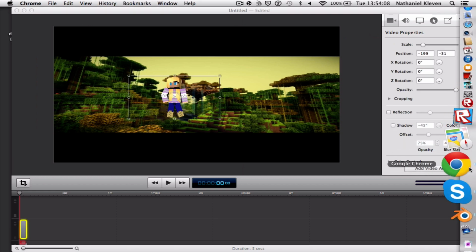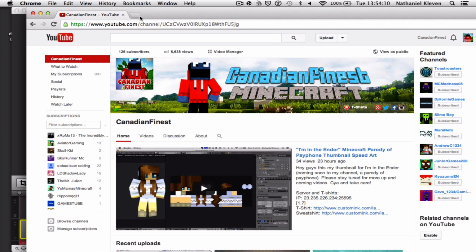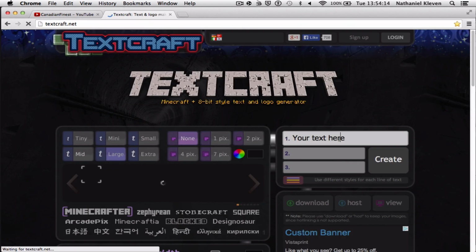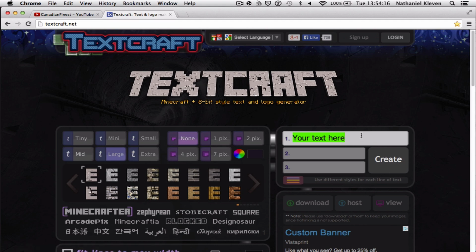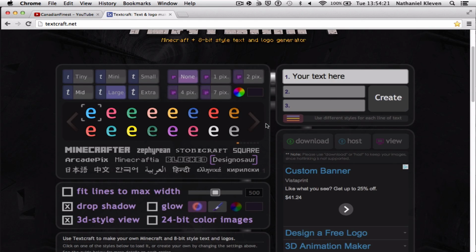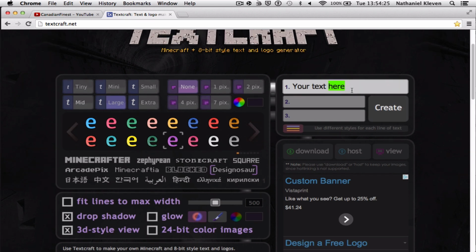And then you want to go to the site that will also be in the description. It's called TextCraft, and you want to change the name. I'm going to use dinosaur font because, as I've said before, it's my favorite. And I'm going to do purple, and I'm going to write Canada piano girl, and click create,